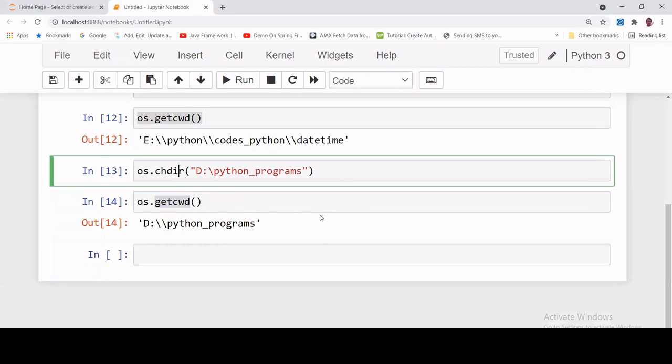It's your choice. I already told you that os is used to do anything with your Windows path, file, folder, anything. Many other functions are also there. I'm just showing you the basic concept of how a built-in module is used. Many other built-in modules are there, which we will see in future sessions, because when we do GUI programming or database programming, we have to use some other built-in modules also.